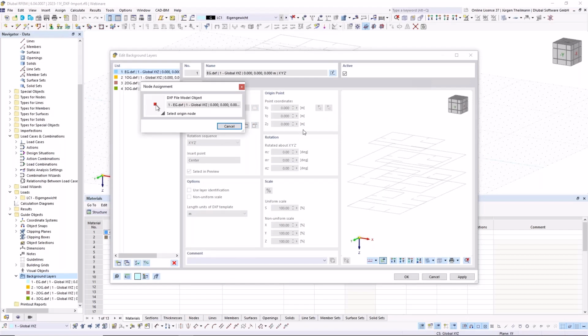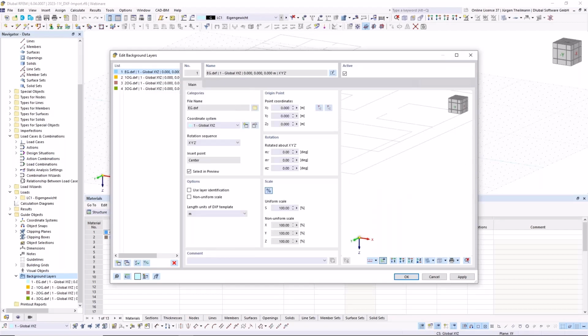So you see, I don't switch to RFEM. I'm still in this dialog for the background layers. And I can now pick my reference point I've chosen for this building and hit apply. And this is now a bit of a finger exercise.